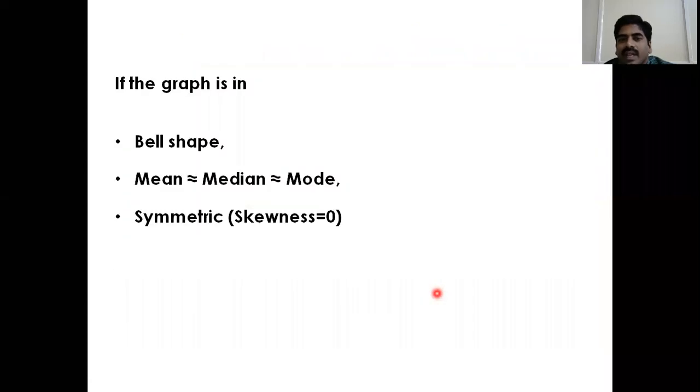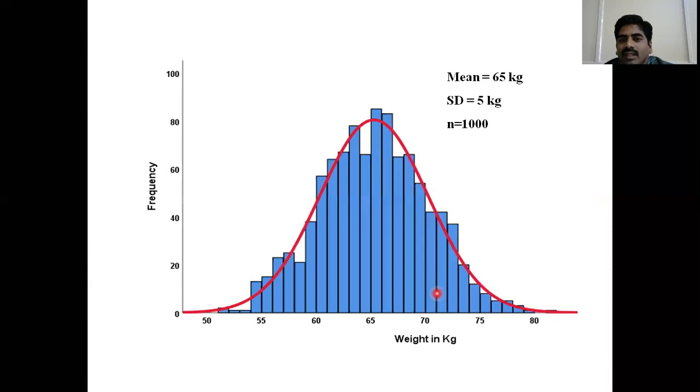See, I will explain with this. Observe here, this is the weight, this is the mean value. What is the standard deviation here? 5. So mean plus or minus 1 standard deviation, 65 plus or minus 5. 65 minus 5, 60. And 65 plus 5, 70. This range 60 to 70 covers total 68% of the data.